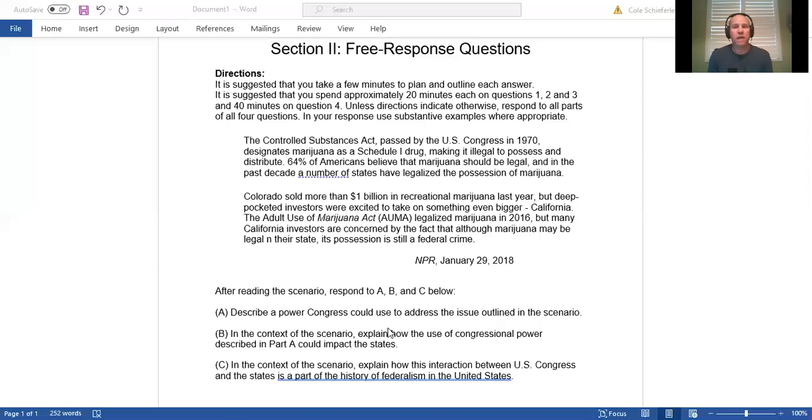Now there are some key vocabulary terms that I think we should be using. Think in your head, what are some key vocabulary terms we could use to show the history of federalism in the United States? Specifically, you should be talking about the Commerce Clause, and then we would have to define it. It's the ability of the federal government to regulate economic activity between the states. The Supremacy Clause should also come to mind. The Supremacy Clause says that if a state law and a federal law ever conflict with each other, then the Constitution reigns supreme.